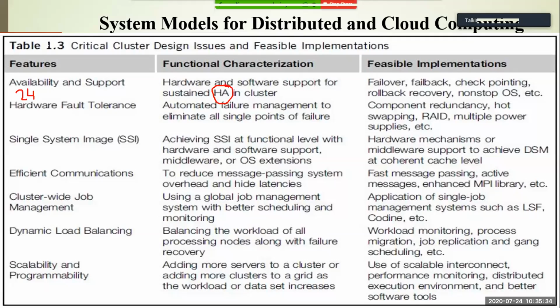So that is called a high availability system, right? If something is available 24 hours, what you will say? It is a high availability system. Next, you have to ensure that there is hardware fault tolerance. Try to understand what is hardware fault tolerance. For example, one of the hard disks of your participating computer systems in a cluster has failed. You have to ensure that even if there is a failure, it will not affect the client's work. If the client's work is not affected, then you can claim that the system is fault tolerant.